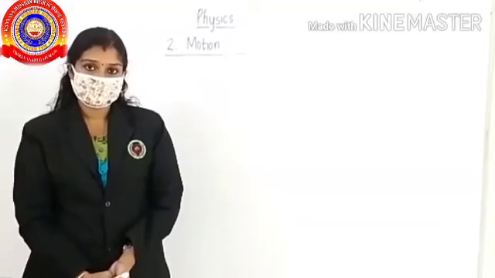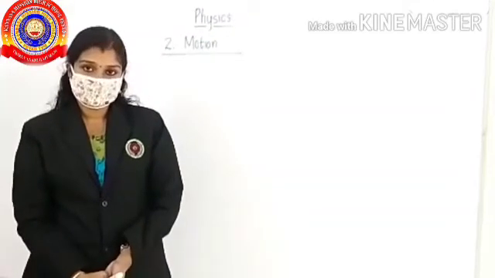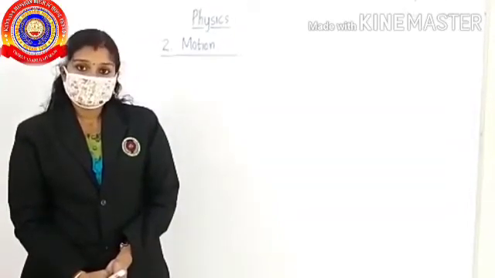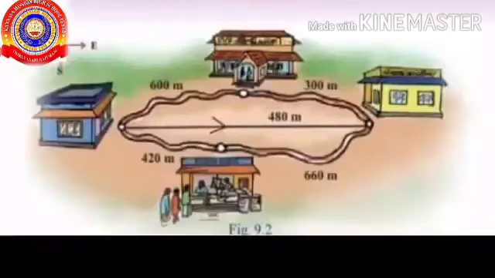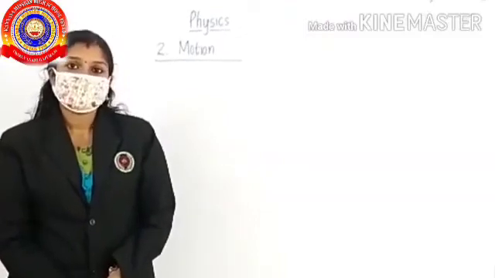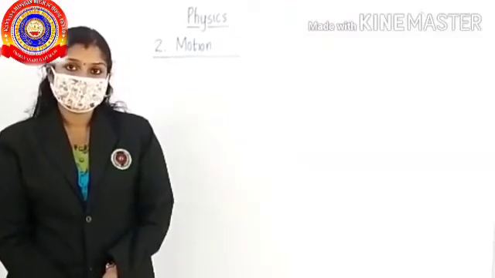Welcome back. In the last class, with the help of a figure, we discussed distance and displacement. What was that figure? Yes, it was the picturization of a person's path. It tells you that the person goes to office through the road along the hospital, and he came back through the road near the ration depot. With the help of this figure, we have understood distance and displacement. Is it clear to all?